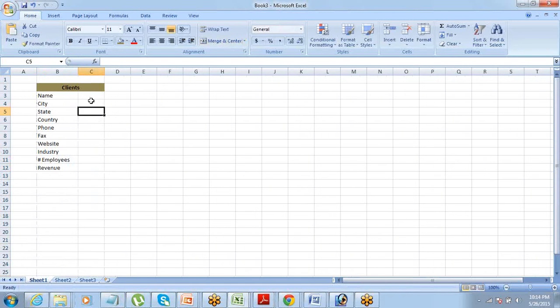Cool. Corresponding to this, I would want you to track the data types for all the fields. This should be text. City can be text. This can also be text. Or let's put pick list here. Okay. Phone number can be a phone field. This can also be a phone field. This will be a URL.